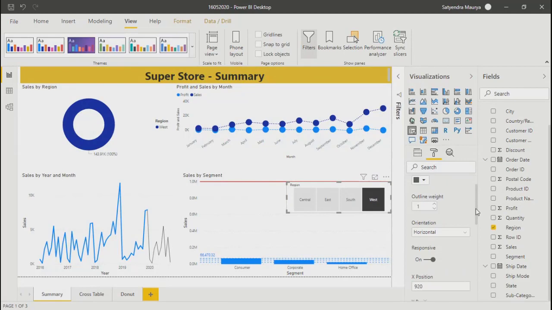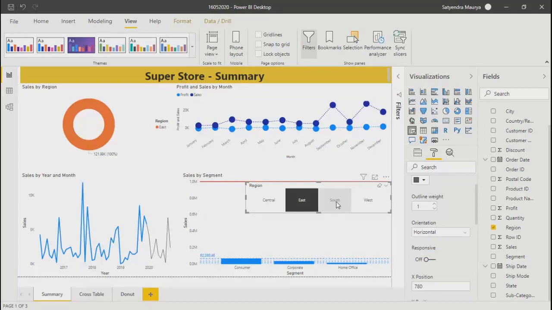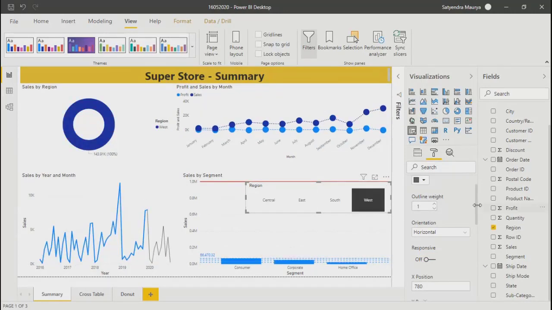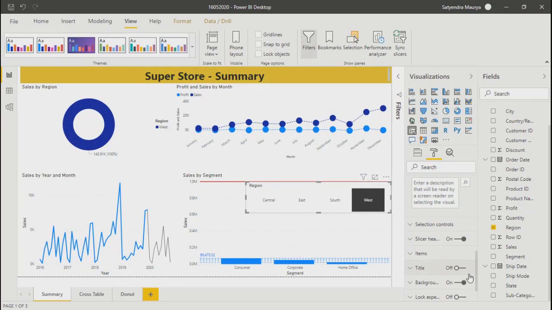outline, overweight, responsive. Let's say if we don't select responsive, no, I think right now it is not coming. Let's say if you have more values, then you get that scroll bar that you can scroll from one value to another value. Items, slicer header.